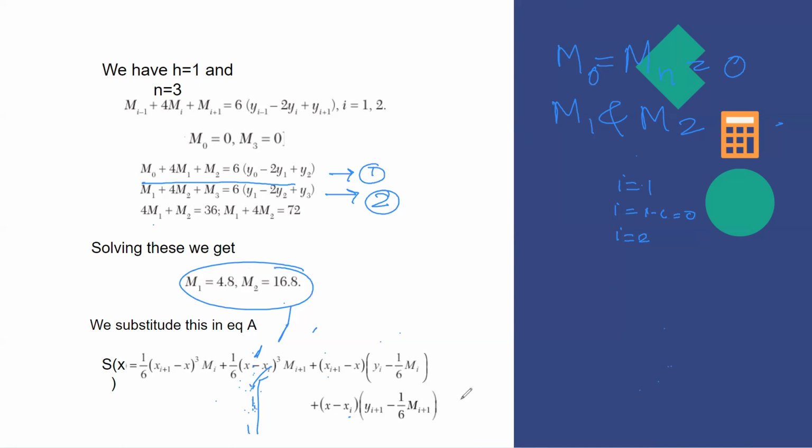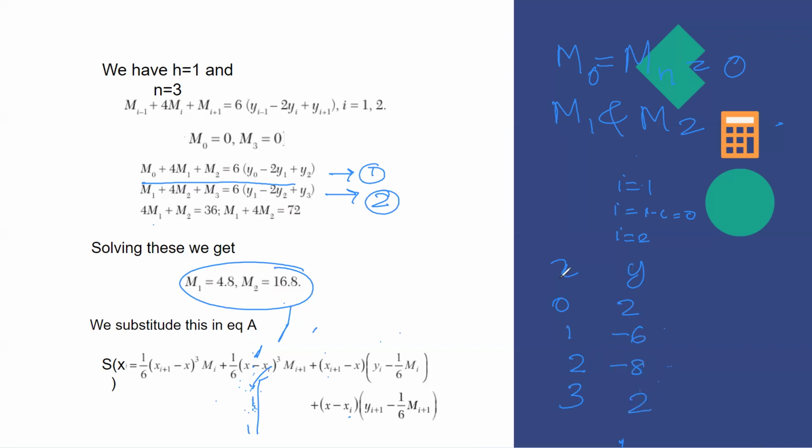This is a little hard equation, so we have to learn it by heart, something hard to do. I'm going to put these values of m1 and m2 in this equation, and first of all, the x points are 0, 1, 2, 3, and the y points are 2, minus 6, minus 8, and